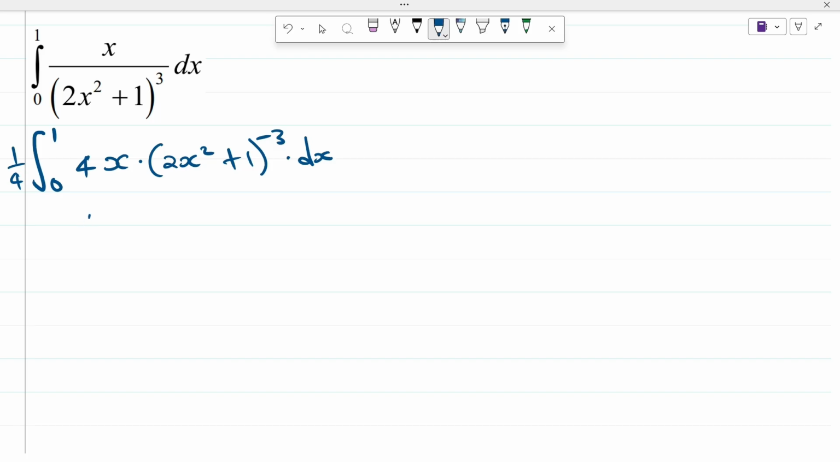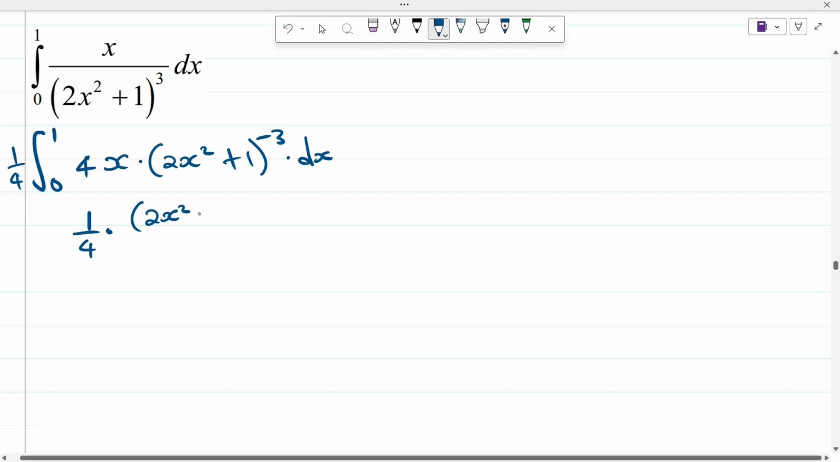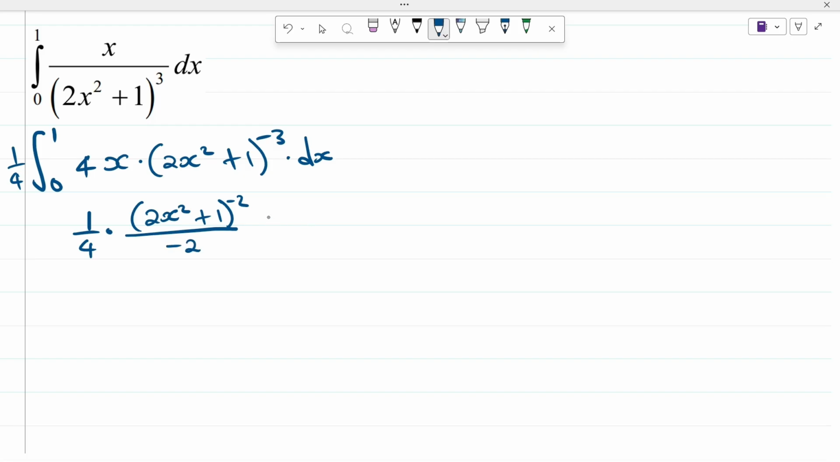So this is going to be 1 over 4 from outside, and then multiplied by (2x squared plus 1) to the power of minus 2, divided by minus 2, and then we put the limits 1 and 0. Then we can just substitute our limits there. This is going to be minus 1 over 8, and then we substitute: where there is x, we substitute our upper limit first, which is going to be (2x squared plus 1) squared